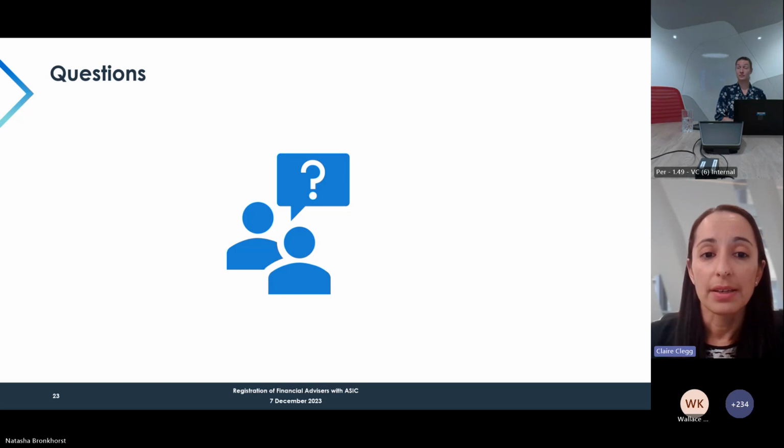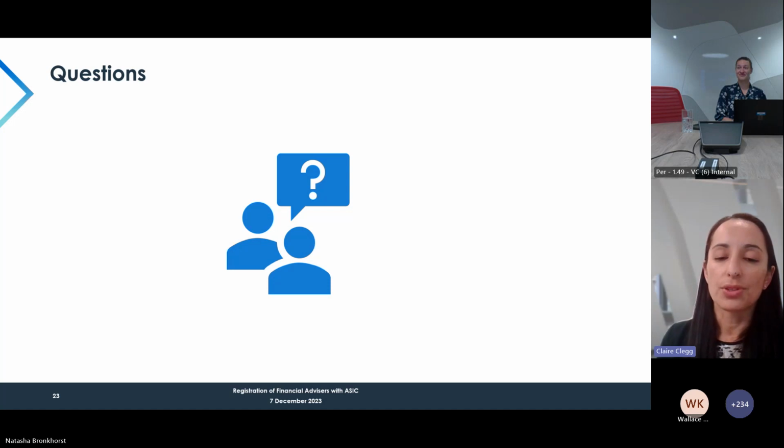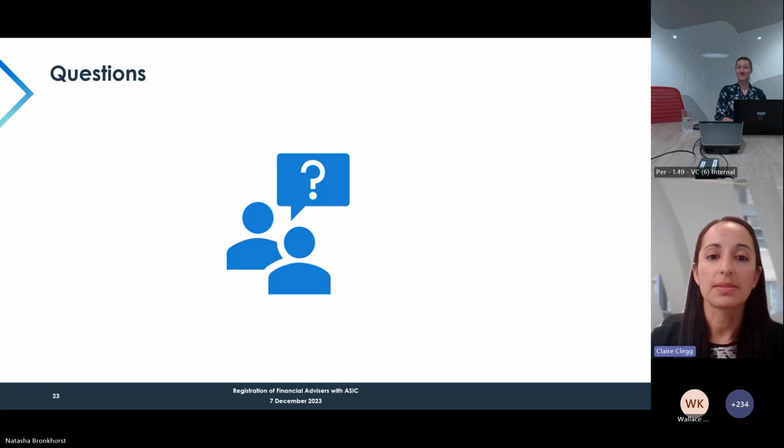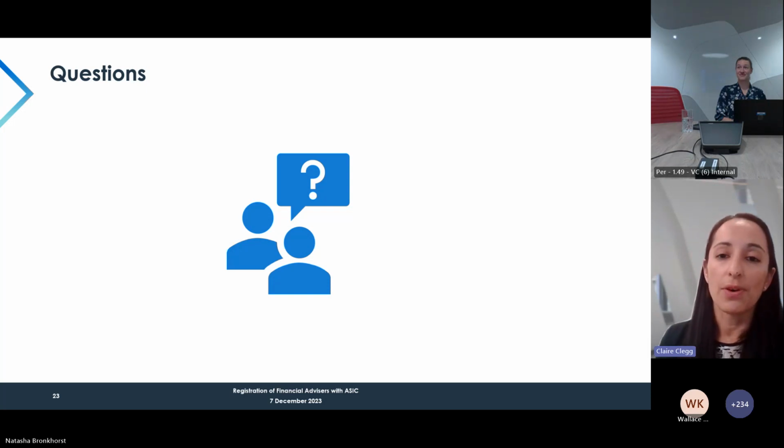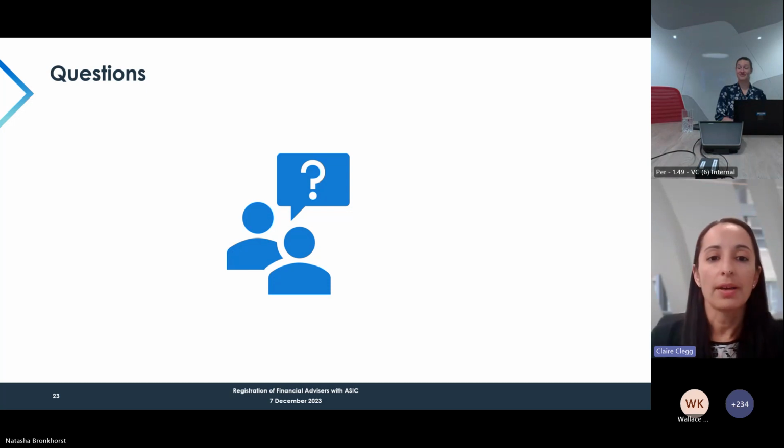How long will it take for a licensee to register a representative? As you saw today, it's a little bit difficult to estimate a specific time frame to lodge a particular application for registration, just because there's a multitude of factors that need to be taken into consideration for each particular relevant provider. So we expect that licensees will be most efficient completing the registration application form if they verse themselves